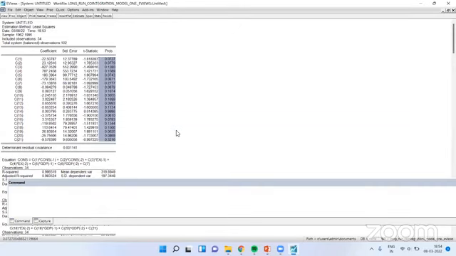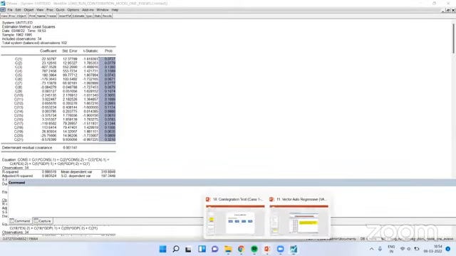Is it there? Check. All values are above 0.05. Say yes or no. Fine. And therefore, we don't find any relevance here.